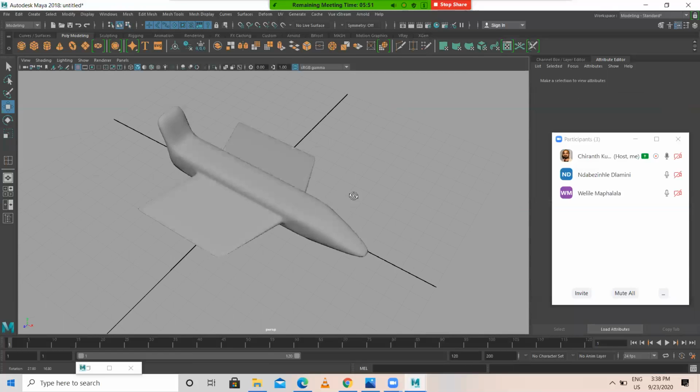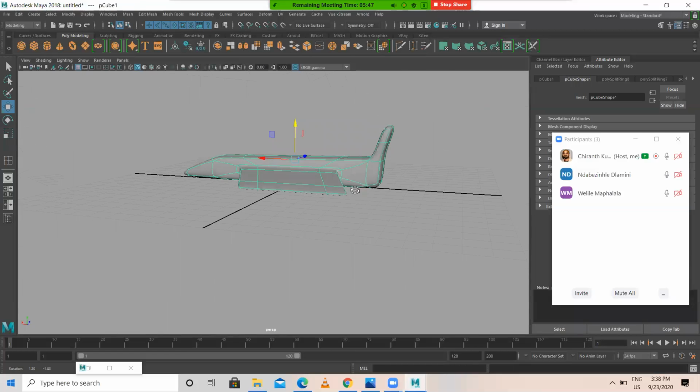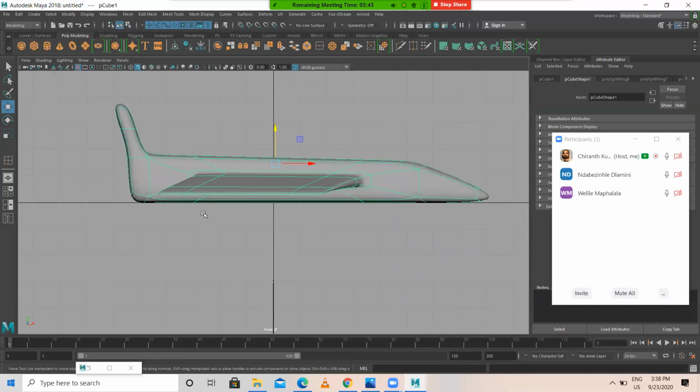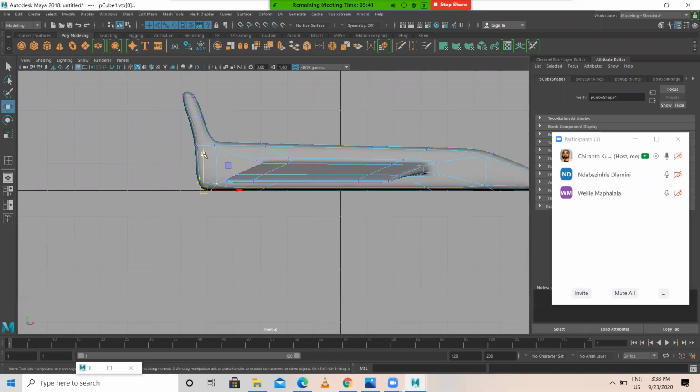Like this. Understood? Yes, it's simple. Just with one cube, we are doing it.